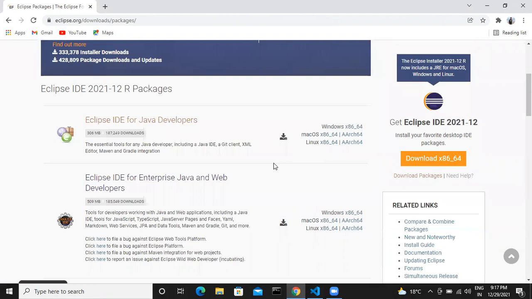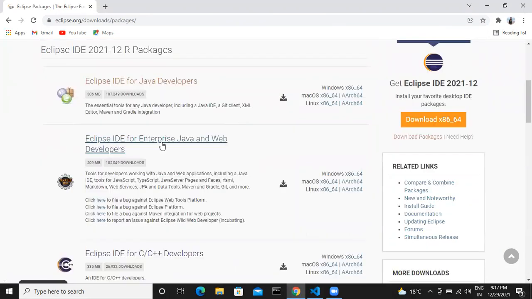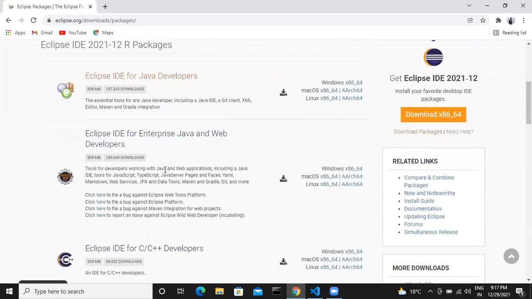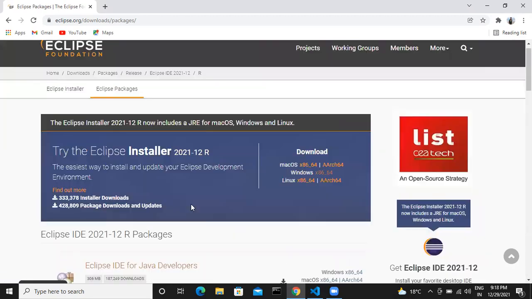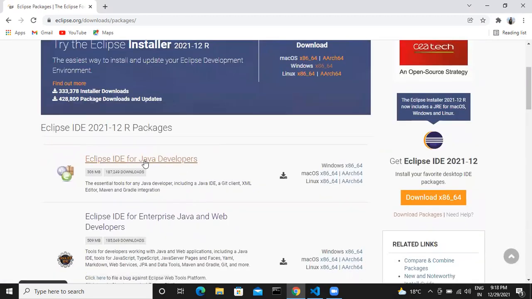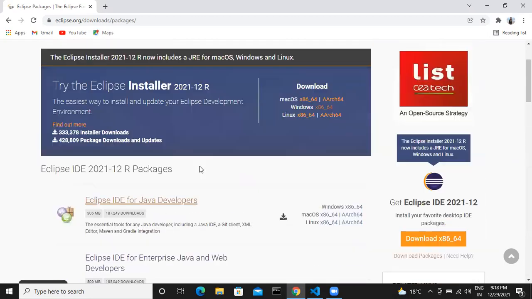And you can click on Eclipse IDE for Java developers, Eclipse IDE for enterprise Java and web developers, Eclipse IDE for C, C++ developers, Eclipse IDE for Eclipse committers. But we need only Eclipse IDE for Java developers. So we'll click on this one, and it will automatically download Eclipse IDE for us.